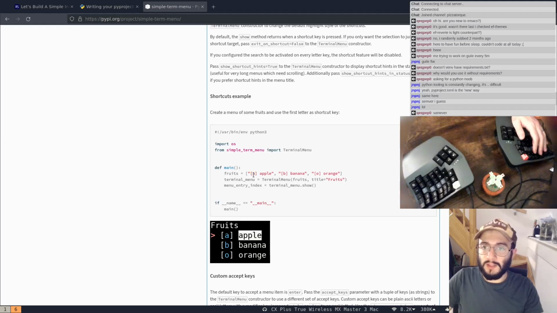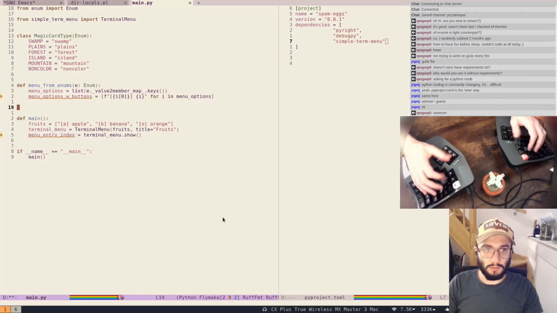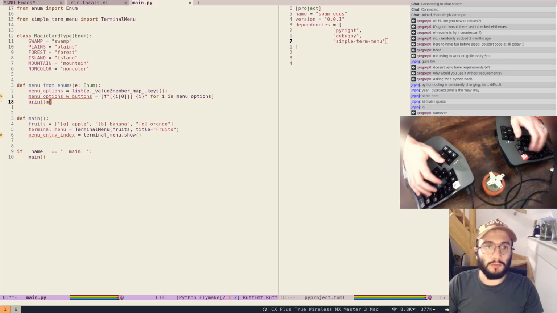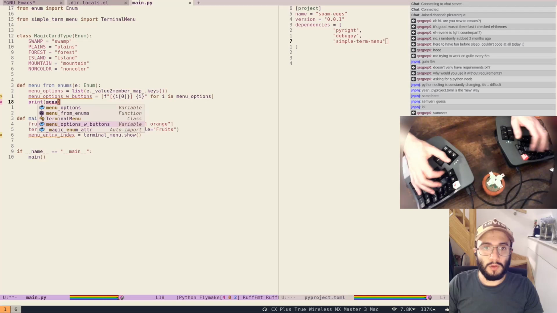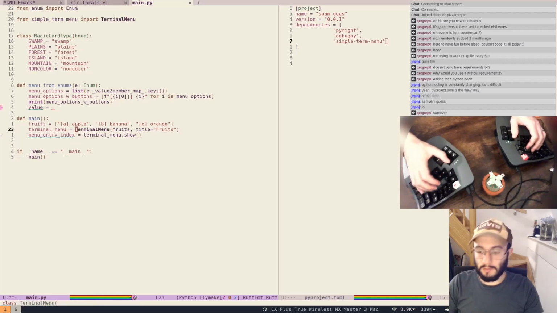And if you have this in a simple term menu, if you have this pattern, then you can just press A when you get the menu, and that's just gonna work. So I think like that we have them. We can also print them. New options button, and then we can just make our menu value, and we can get this